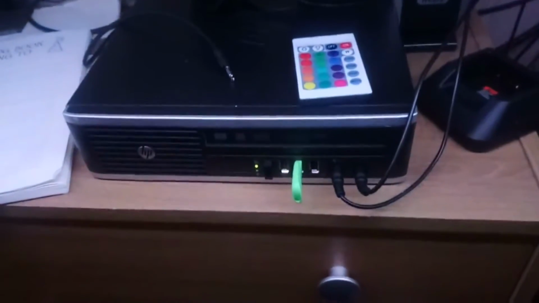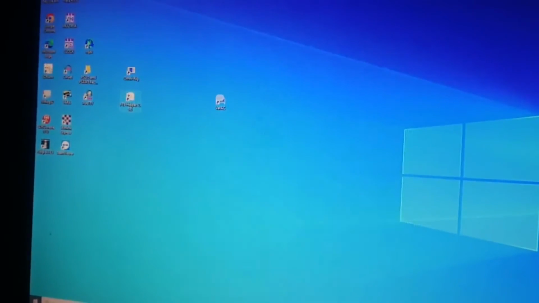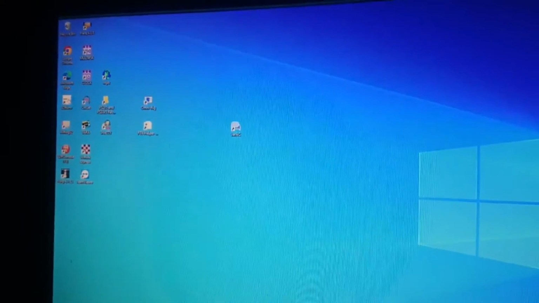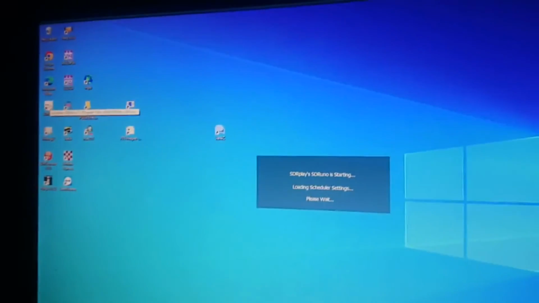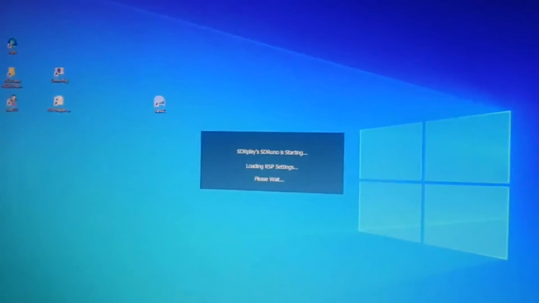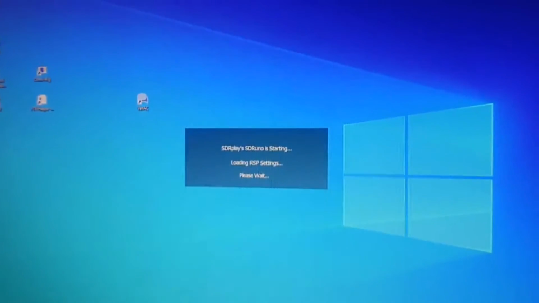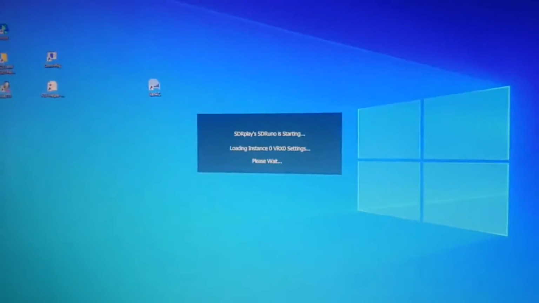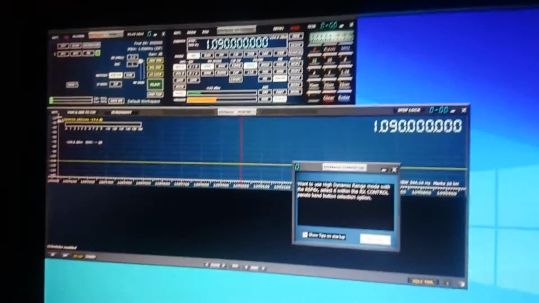We're just using a discone antenna which is connected to the RSP1A here, and there's about 20 feet of RG58 that runs up into the loft above the garage shack here. And what I'll do, I'll start up SDRuno. A couple of relays clicking on the HF rig there. So we've got SDRuno,